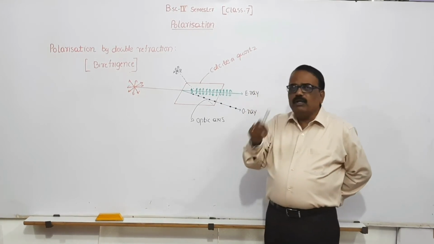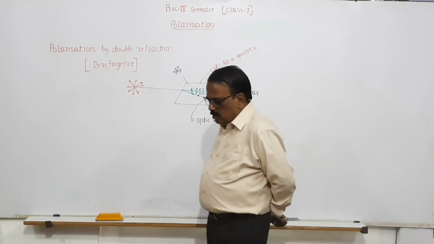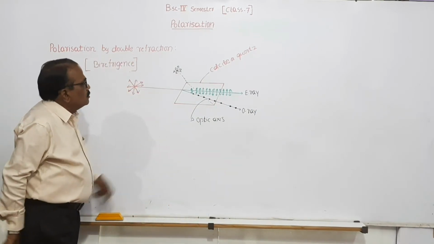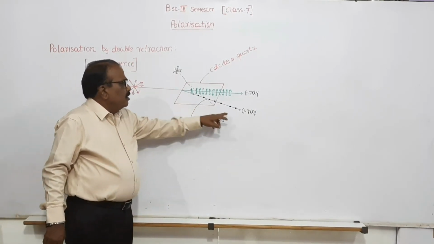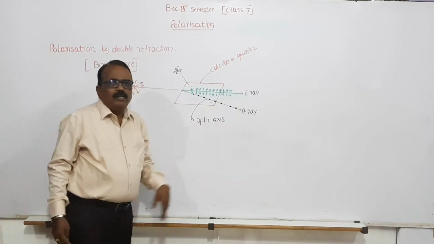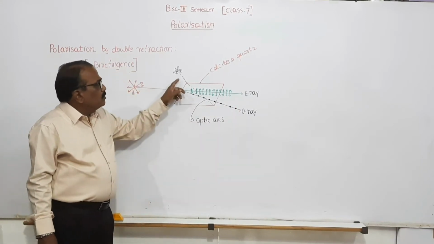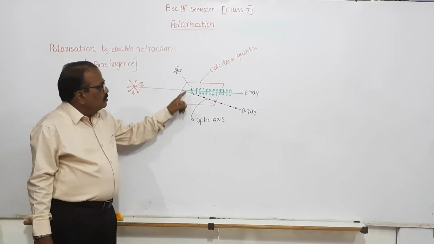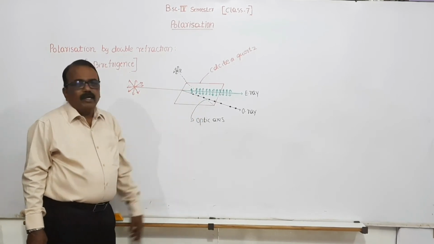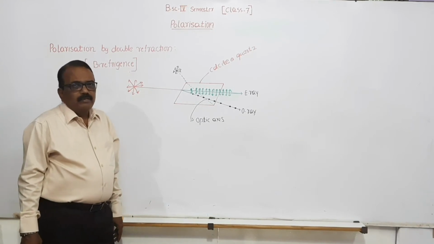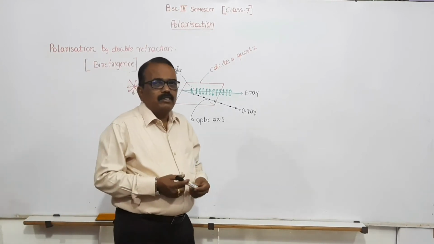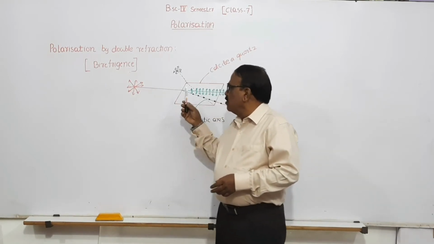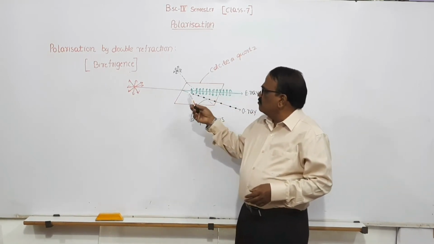Then there is one particular direction along which, if the ray is incident, you will not find an ordinary ray and an extraordinary ray. That means double refraction is not possible. So this direction is called the optic axis of the crystal. Then why does this double refraction take place? On falling on the crystal,